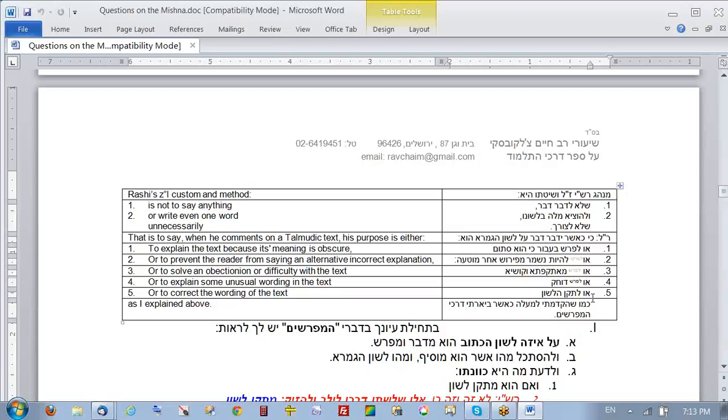So the text is not being used, as we said, in the correct formal way. And he's not really trying to say that there's another meaning of the text. He's just trying to explain what it simply does mean, because the language is not being used in a strictly formal way. That's called mitaken lashon. Okay, so again, I'm giving you the short list.